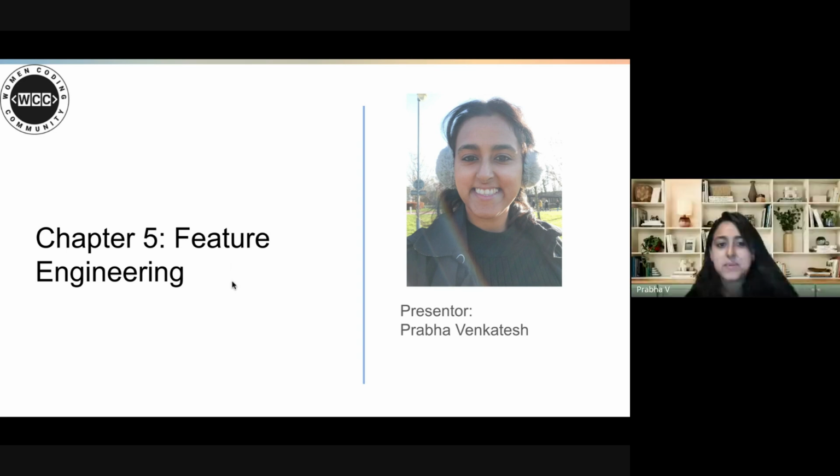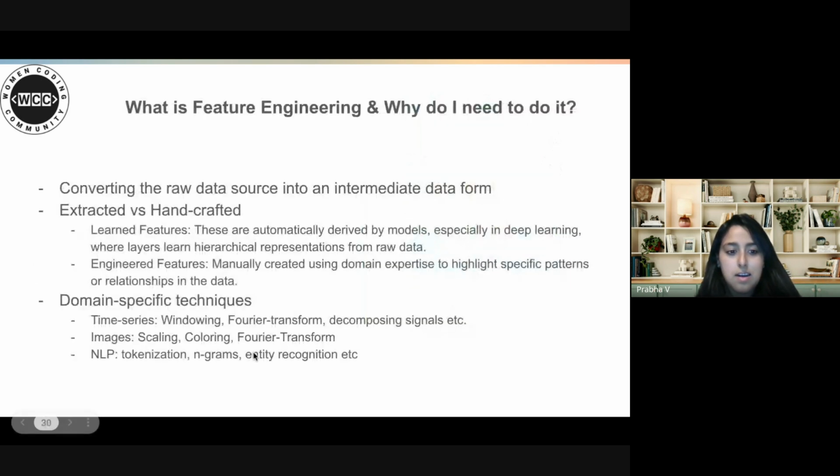Hello, everyone. This fifth chapter is about feature engineering. I'm sure a lot of you have encountered feature engineering as part of your data analysis and model training already, but I'll walk through the key terms you need to be familiar with. Essentially, feature engineering takes your raw data and turns it into an intermediate form so that it's better refined when you're training your model.